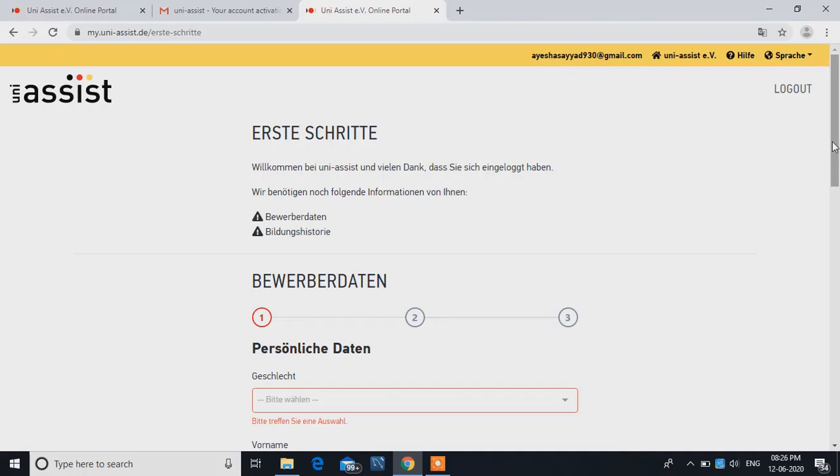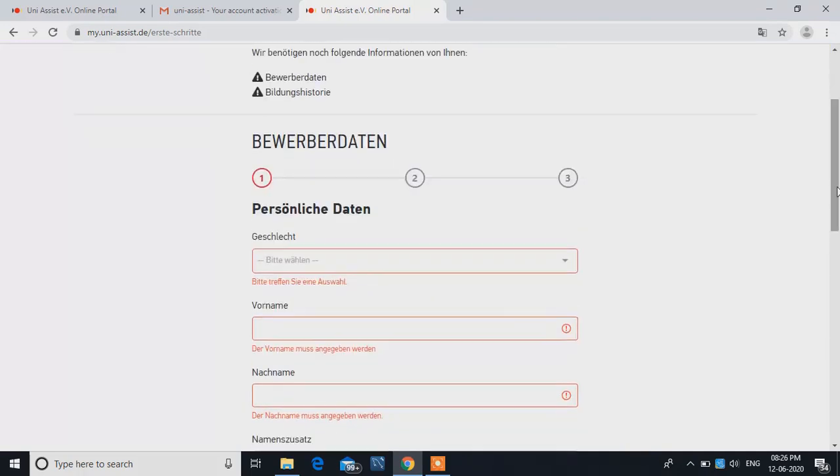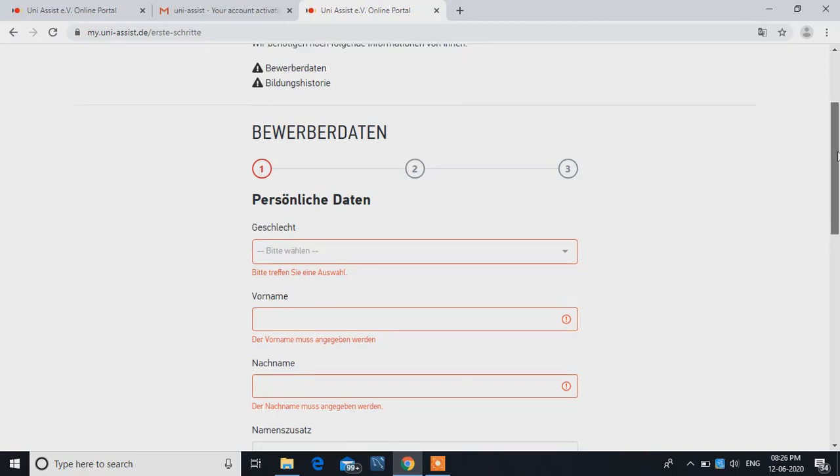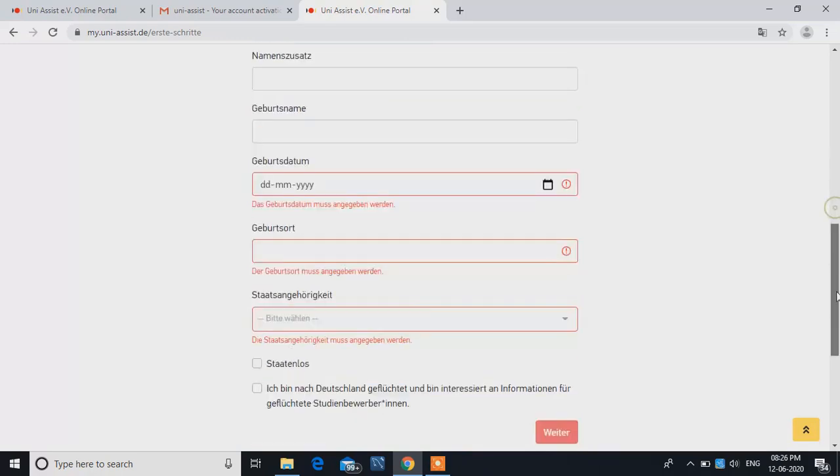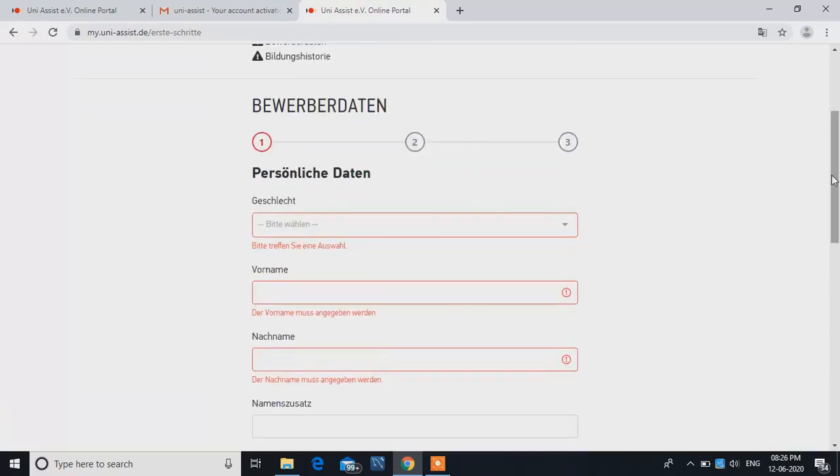This is the form provided by Uniassist. It's the basic form which all of us have to fill up before applying to any university from Uniassist. We have to fill up the personal details over here in this form. As you can see,